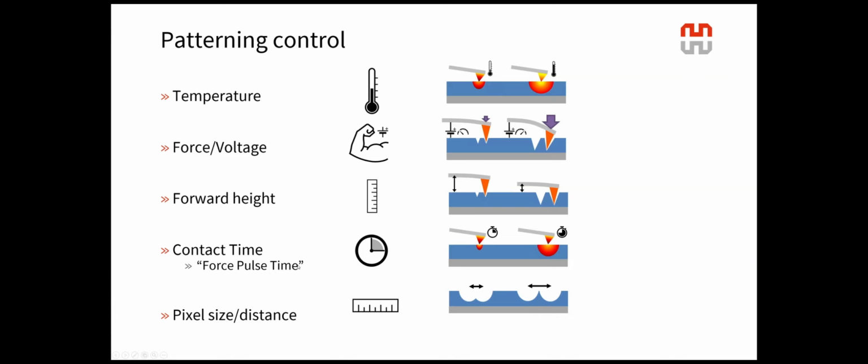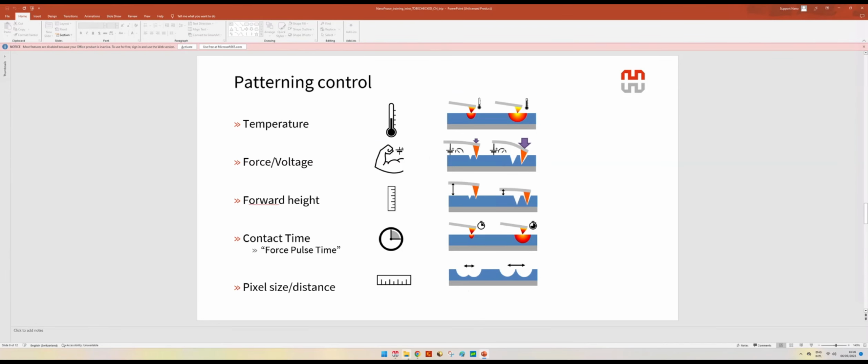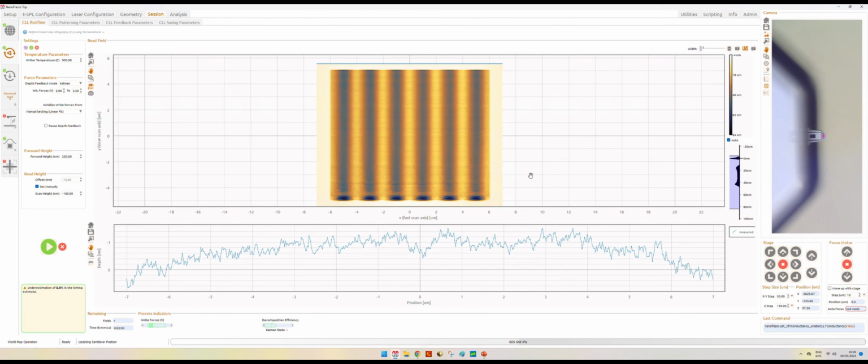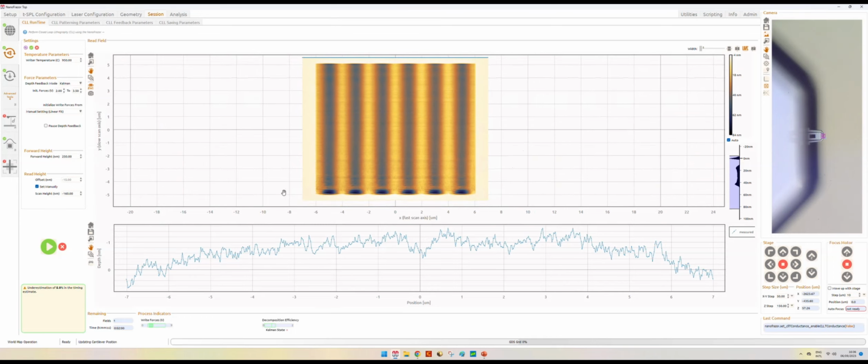The force pulse time is how long the force pulse lasts whenever we bend our cantilever. You can imagine that after we apply this force, there will be a slight delay in the actual bending of the cantilever. So the force pulse time is not exactly equal to the contact time, but can be approximated to it. Let's go to the NanoFraser software to have a better idea of what we're talking about and to see better the parameters we're working with.